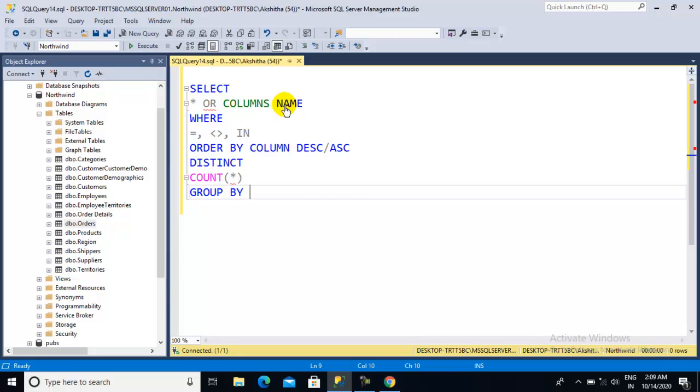For example, say 10 countries' people participated, and I want to get the details of how many records belong to a specific country. So before that, in the column list we put the country name, comma, count star, and our group by is based on the country name. Then we will get the country name as well as how many people participated from each country.